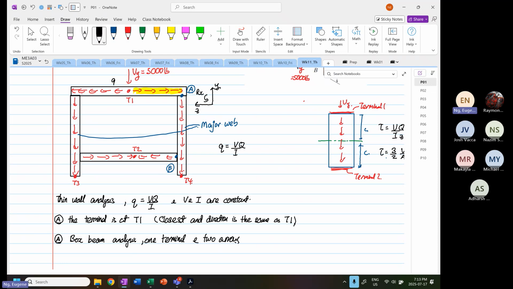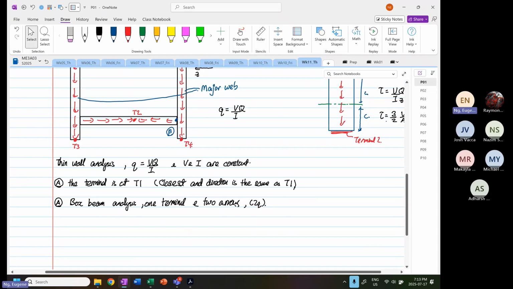One q goes to one side, one q goes to the other side. For this case, we know we need 2q. So when it's 2q, the area that we are going to analyze is this whole area over here. So the first moment of area